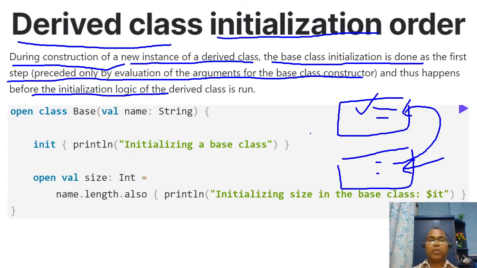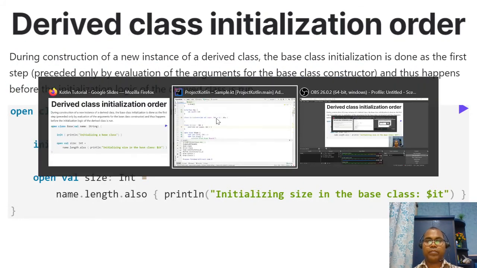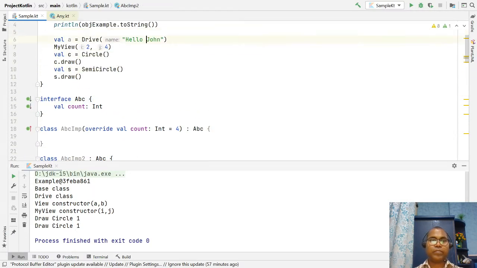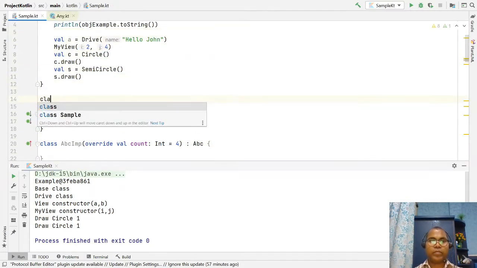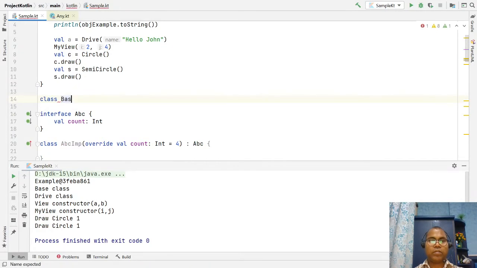And here we have an option, like, let's say a class Base. Let's give it one attribute, like name.